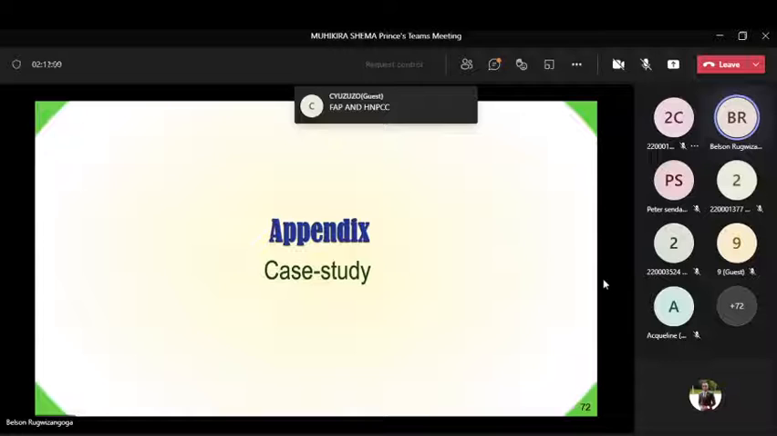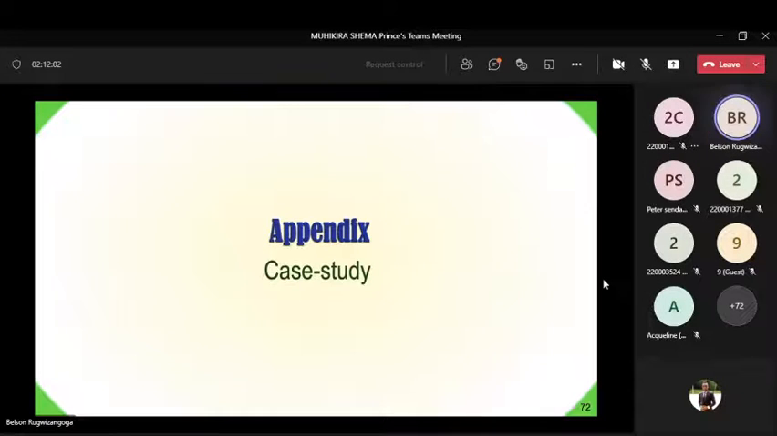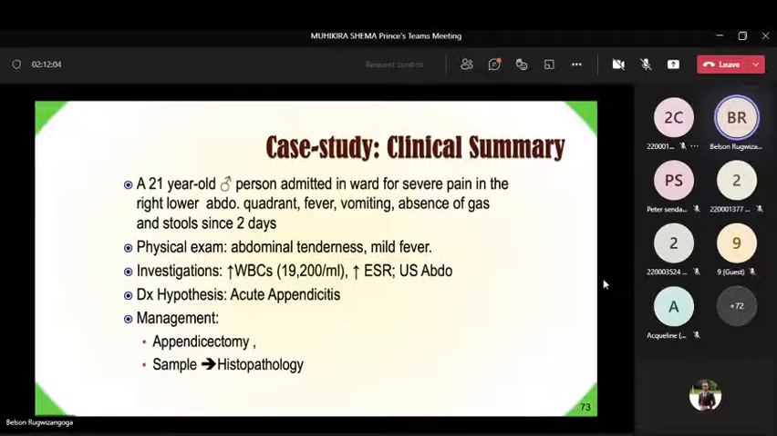So the next part is the appendix. So a case here to discuss. This was a 21-year-old male admitted in ward for severe pain in the lower